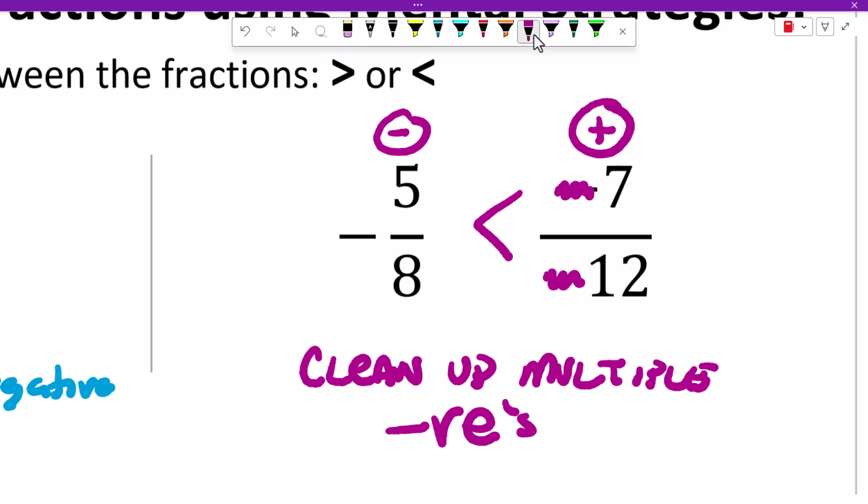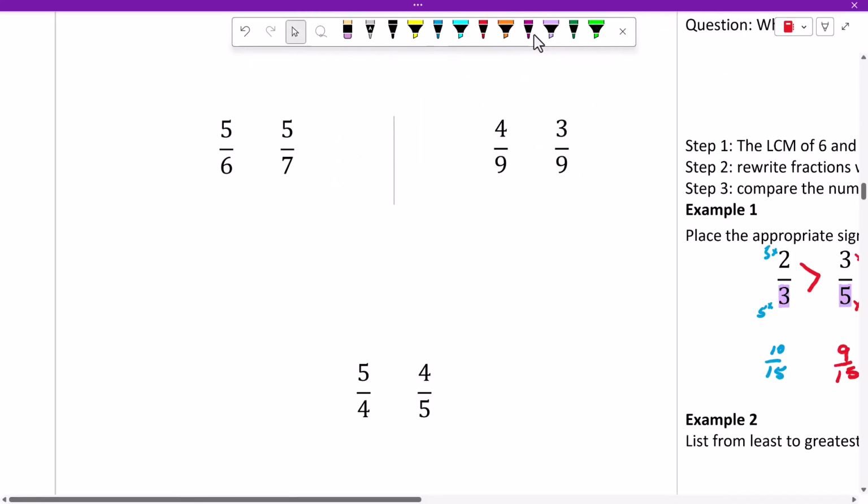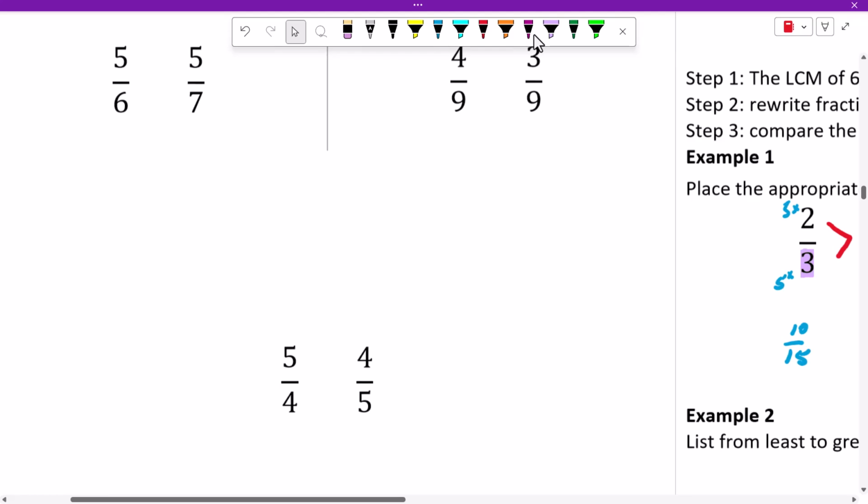Okay. Let's see. And how many more do we have here? I think I'm going to stop right there. I'm going to hand back